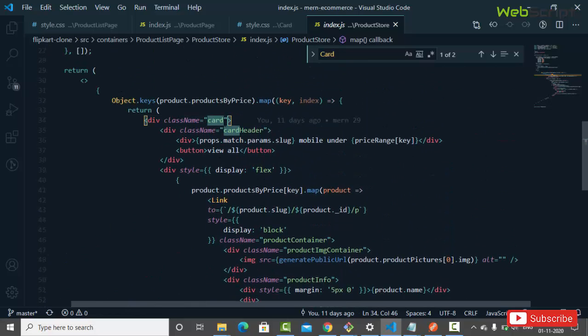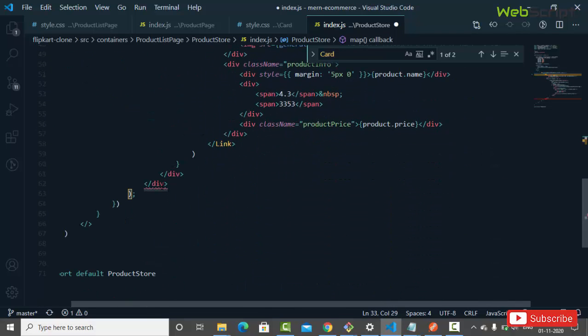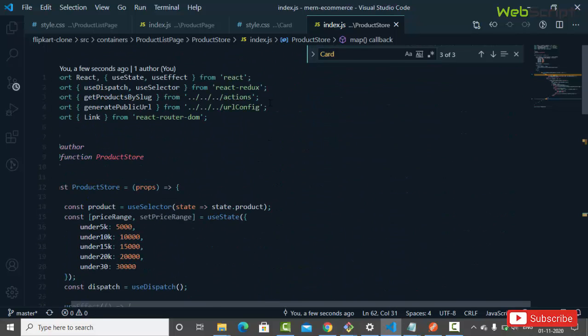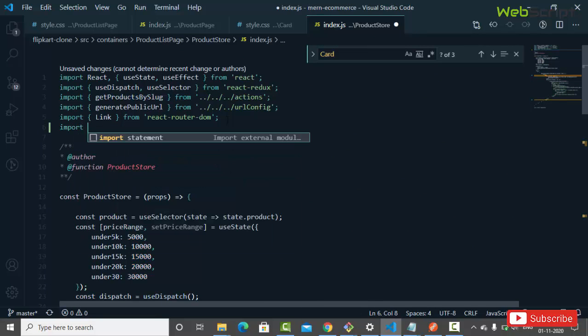So I'm going to replace this card with the card component, right? So let's replace this card and this over here card. Now let's import the card as well. So import card from